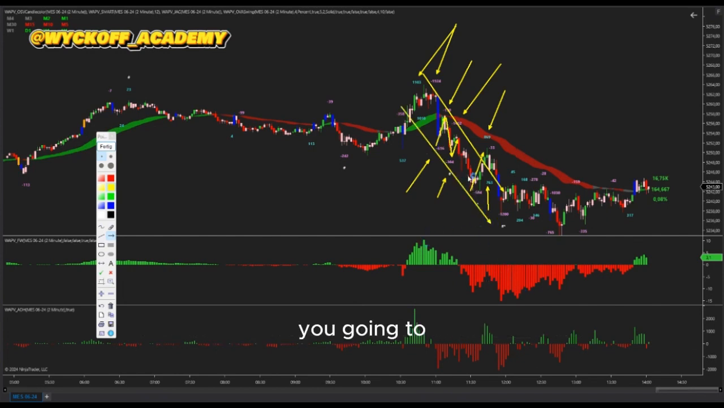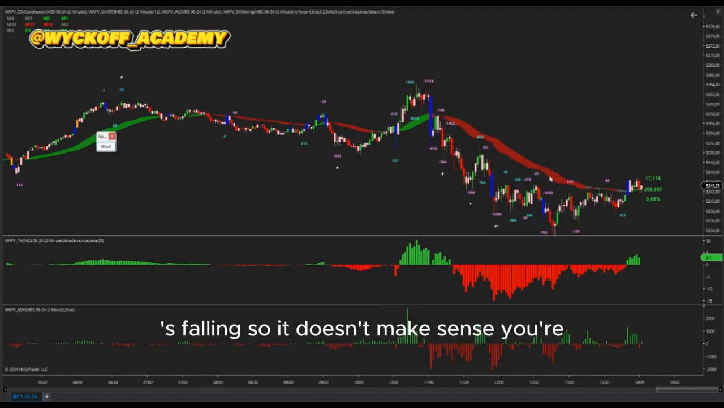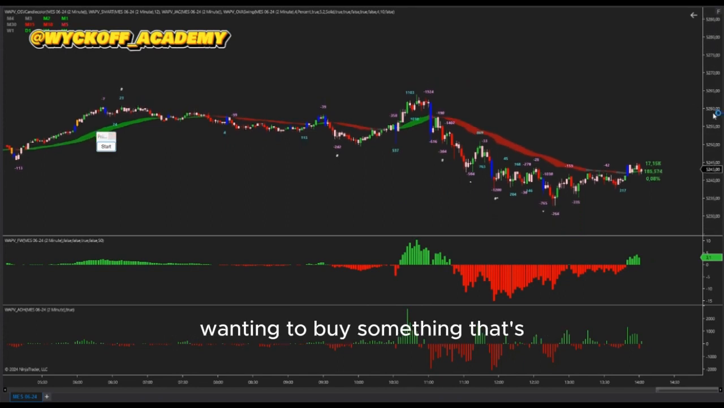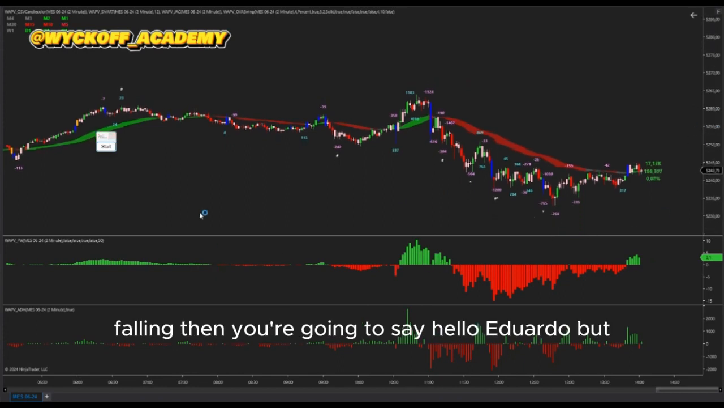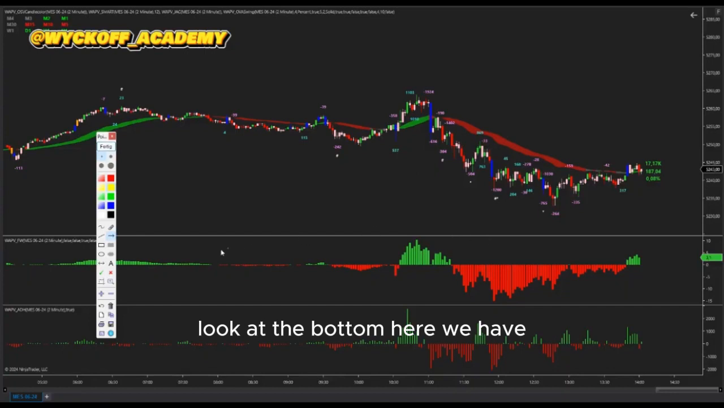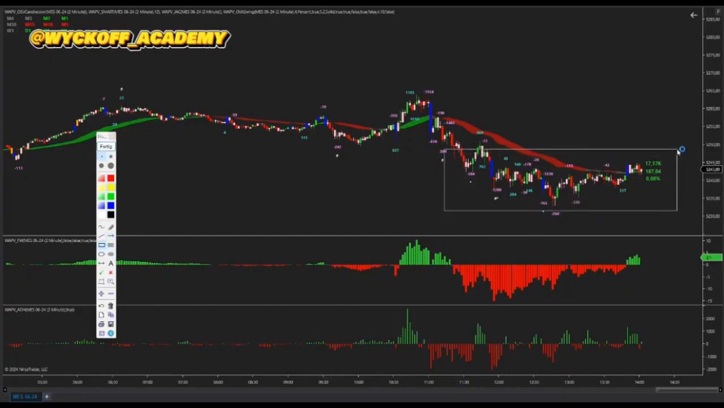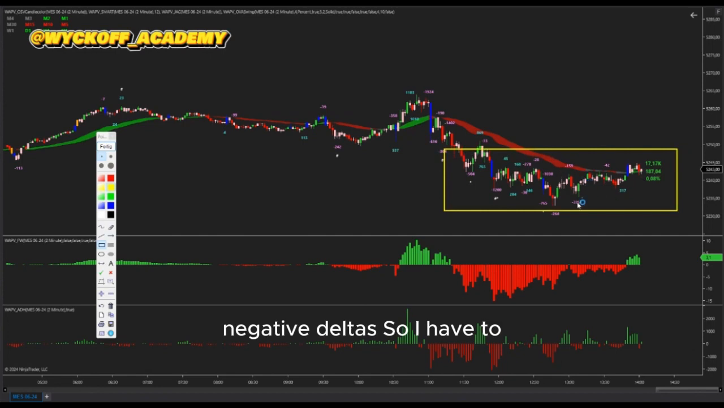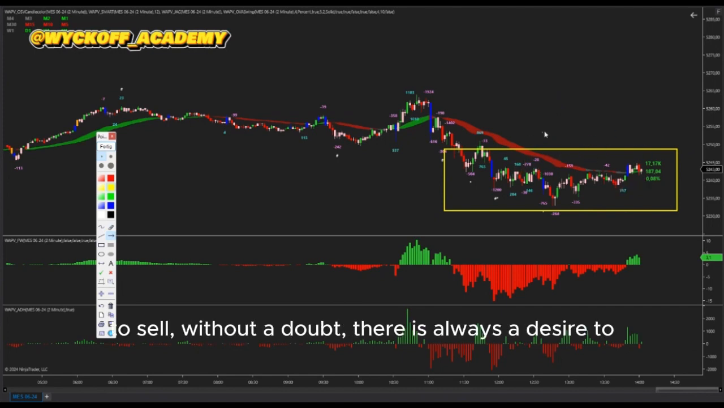Are you going to buy even though the market is rising? It is falling, rising, falling, rising, so it doesn't make sense. You're wanting to buy something that's falling, then you're going to say hello Eduardo, but look at the bottom here, we have negative delta, so I have to sell. If you have to buy or if you have to sell, without a doubt, there is always a desire to